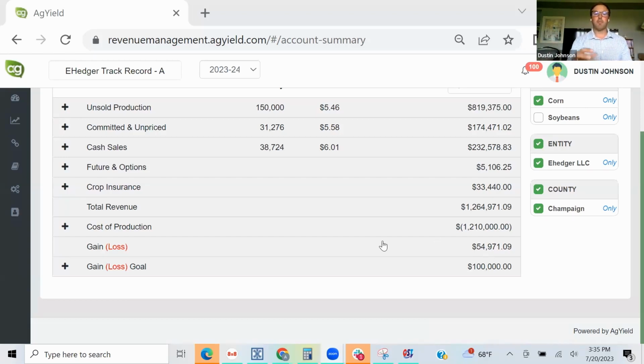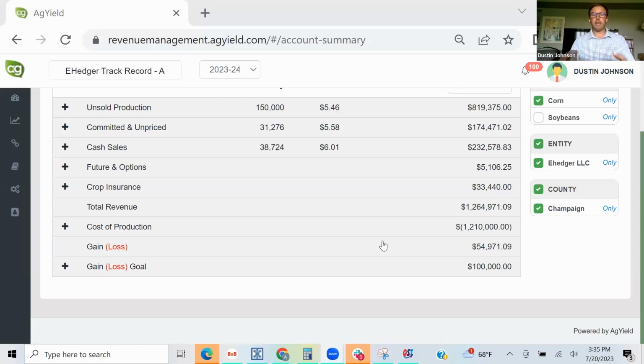Now, a big part of tracking margins and goals is that as we get weather throughout the year, a lot of our growers typically are not updating their yields on a daily basis, much less a weekly or monthly basis. That's just one extra step for them to do.